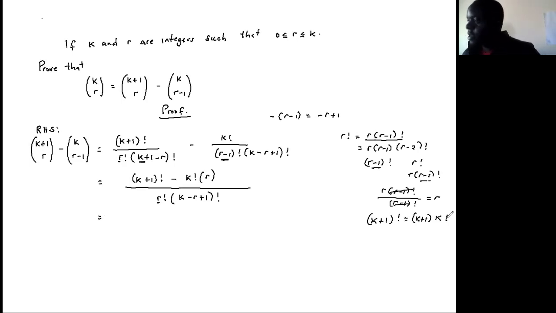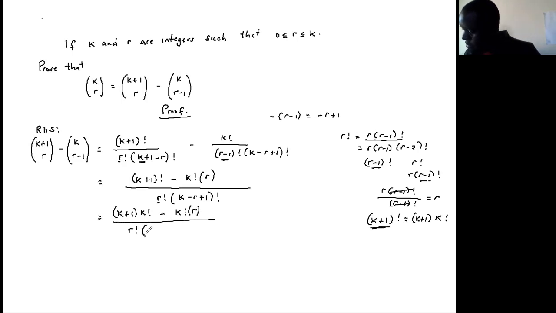So now where there is K plus 1 factorial, I'm going to write K plus 1 multiplied by K factorial. So we have K plus 1 multiplied by K factorial, then minus K factorial multiplied by R. So we have done this so that we can factor out